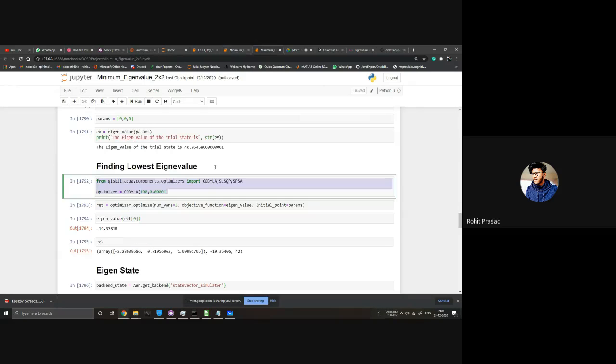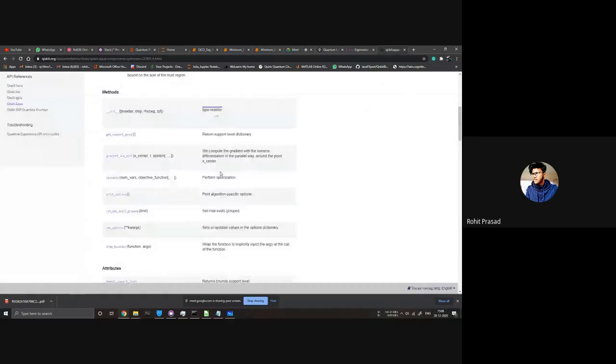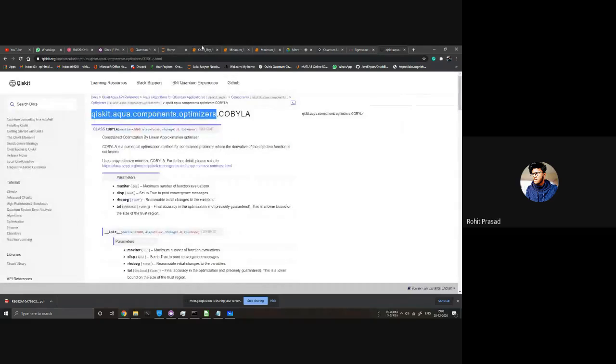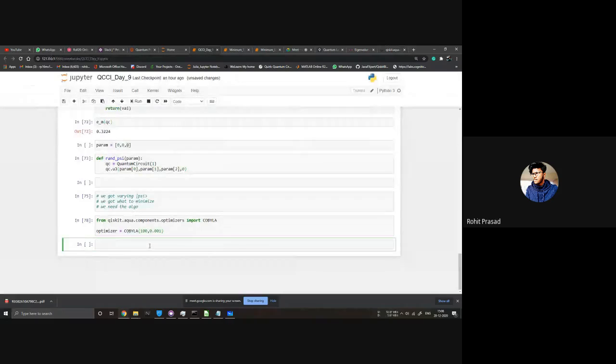You can find these commands online too, so just search for optimizer in Qiskit. What this does is take an optimizer. That's our optimizer. What we want to optimize is defined by this, something like np.dot.